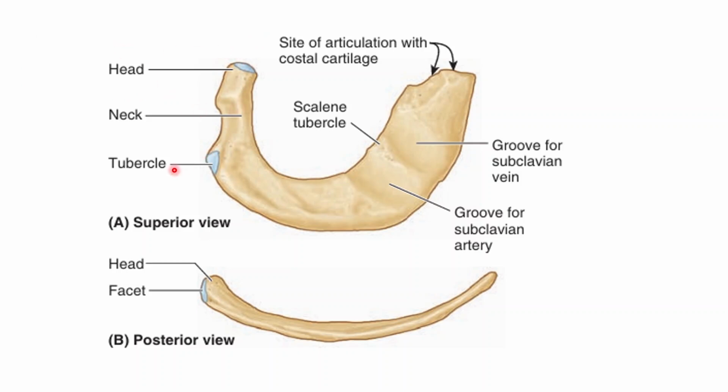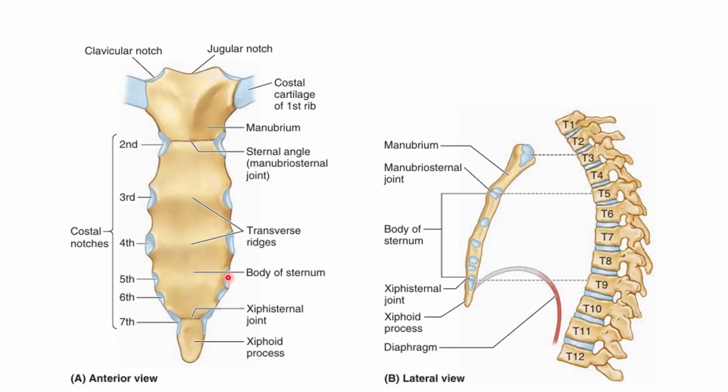It has a neck, and it has a tubercle, as do the rest. So only one facet, because it only articulates with one vertebra, unlike the rest, which have superior and inferior facets because they articulate with both vertebrae. Going downwards,